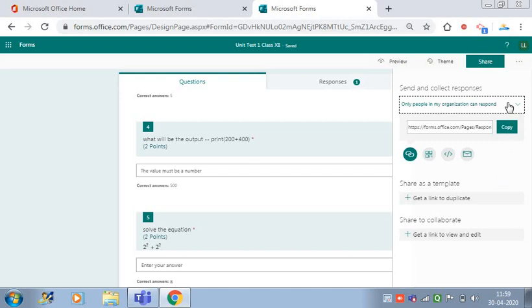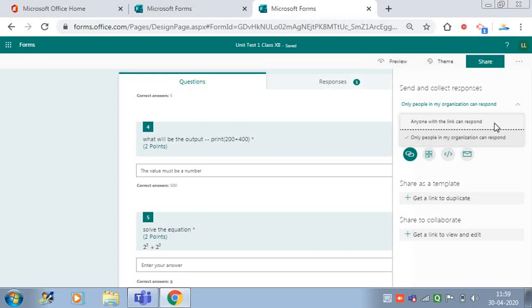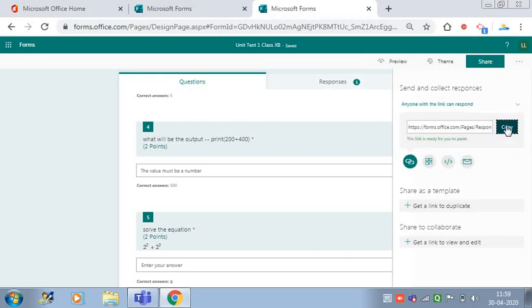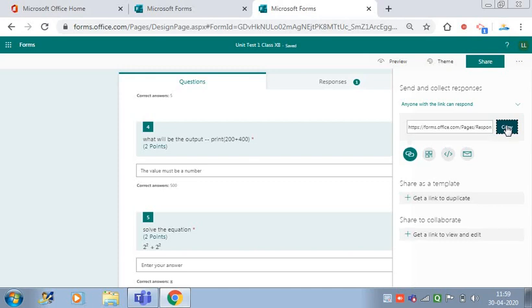Just select only people in my organization can respond option, and then copy the link and send the link wherever you want to, and then this form will get enabled only on a particular timings which the teacher will set, and for that particular time only the responses can be submitted. And if a child is unable to submit the response within that duration, then that child's form will not be